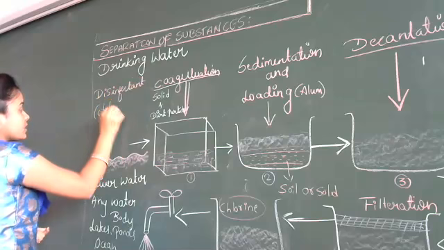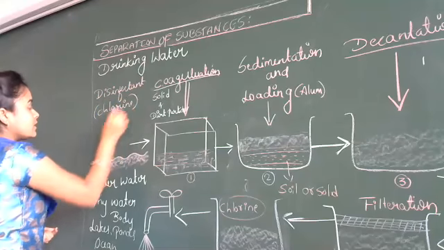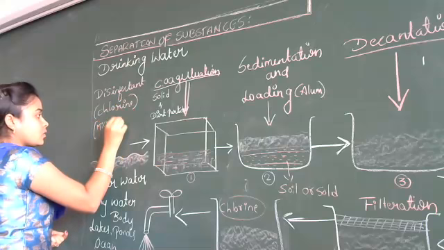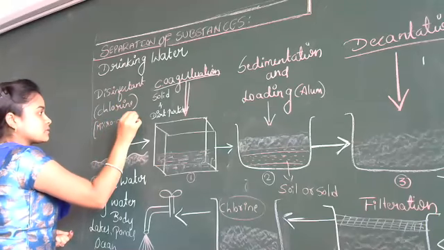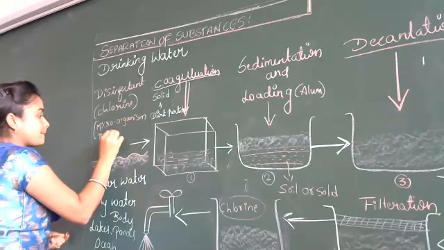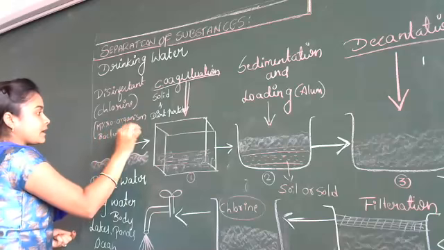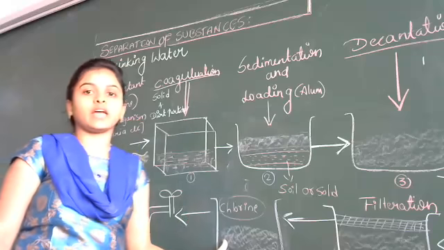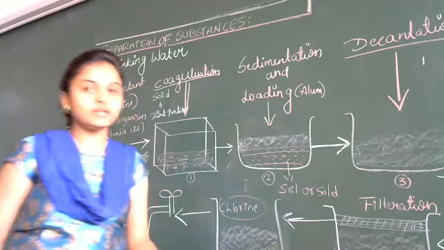And here we are using chlorine. This removes small microorganisms, bacteria, and other microorganisms. Okay. So here in the fifth tanker, or in the fifth container,